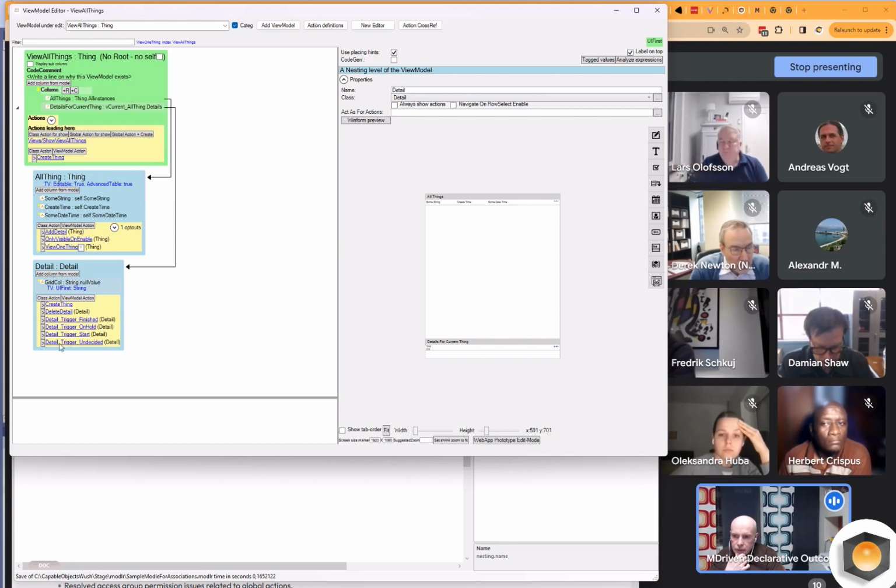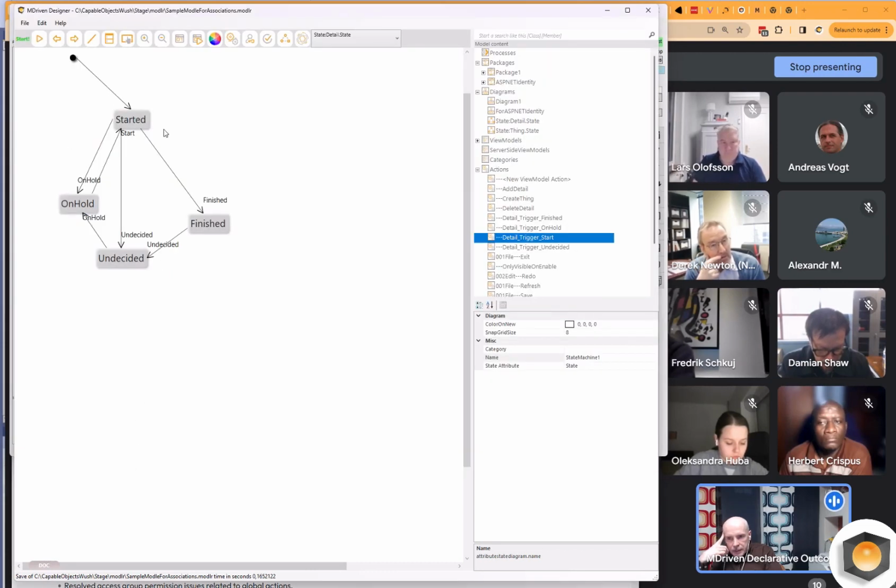So these are the actions that I created by right-clicking on the triggers in the state diagram. But of course, this is one of the points that it's not very useful for the user to see all of these actions since there's only a couple of them that will be enabled at a time, because these follow these rules.